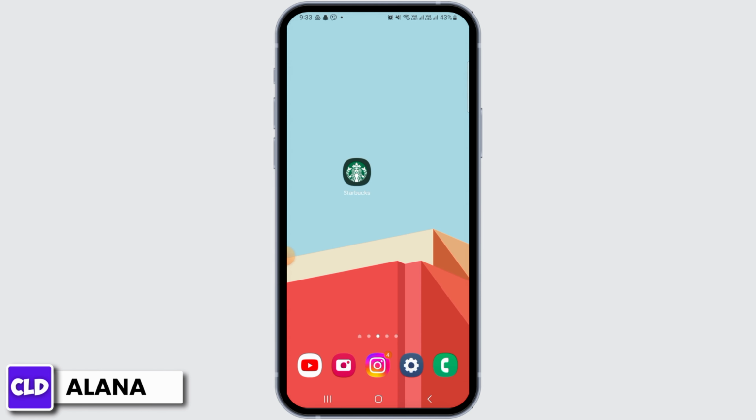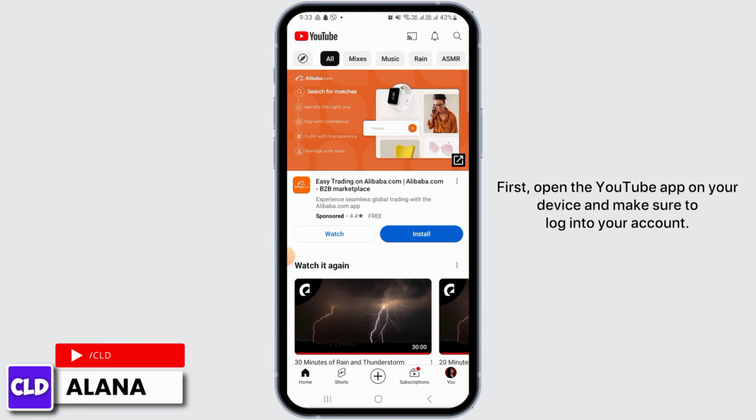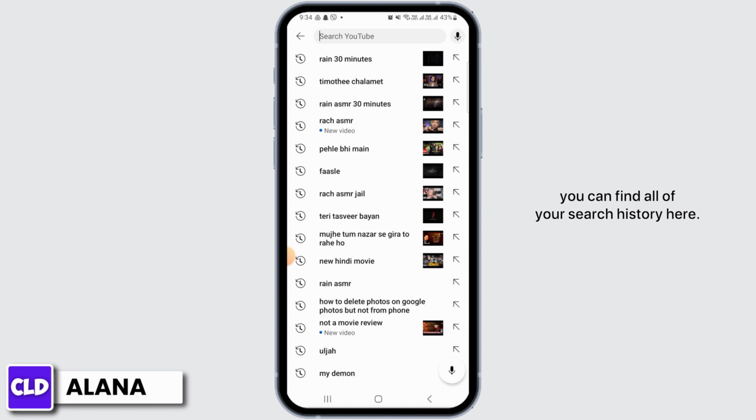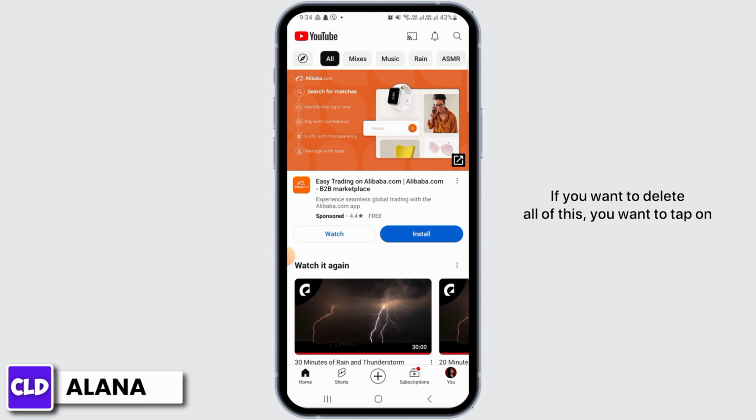Let's jump right into the video. First, open the YouTube app on your device and make sure to log into your account. Now here, if you tap on the search bar, you can find all of your search history here. If you want to delete all of this, you want to tap on the profile icon at the bottom right